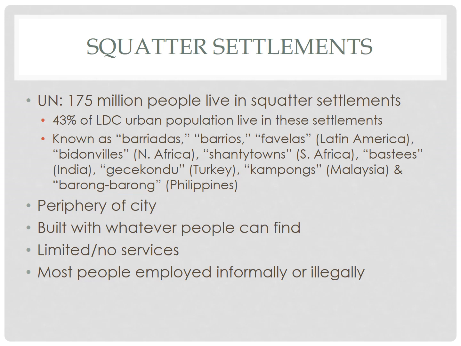Finally, all of this thus far has been talking about MDCs, and towards the end, we do have to mention very low income areas in LDCs, and these areas are labeled as squatter settlements. Now, the United Nations, one estimate, has the number of people living in squatter settlements at 175 million. Another estimate by the United Nations has it at 880 million. Because these are the areas where people are living in the most extreme forms of poverty.